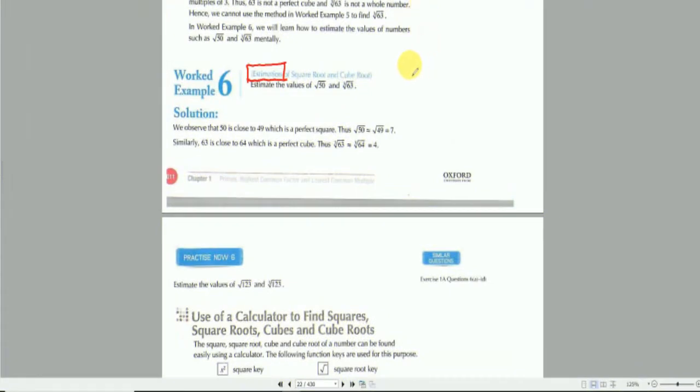So if a number is given to you, like 49, or let's say 25, take 25, so 25 is given to you, and the question is find the square root. As we know, the value of this square root is equal to 1 divided by 2. So here we have 2. So you will need to find the number जिसको आप multiply कर लो 2 times, so you will get 25.